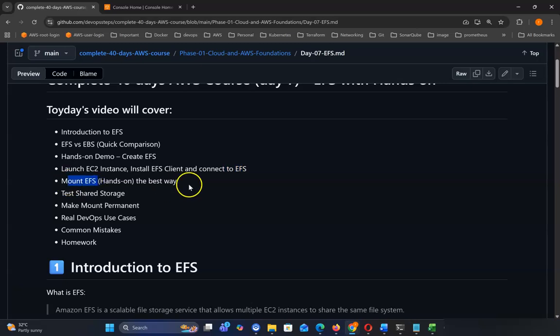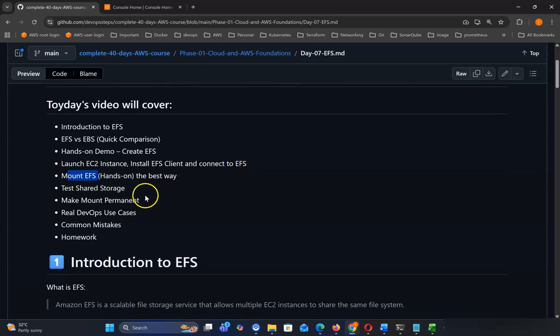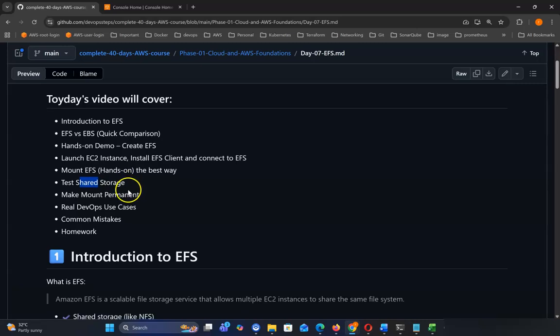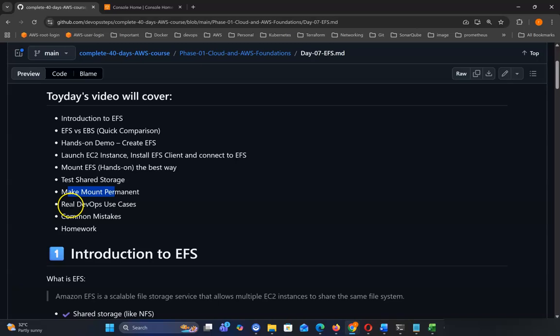And we'll show how to mount EFS, and we will also show you how to connect to the EFS the best way, and we'll share a hands-on demo where we create two EC2 instances and share the same EFS storage, and we make that mount permanent, and we'll show a real DevOps use case and common mistakes, and we'll give some